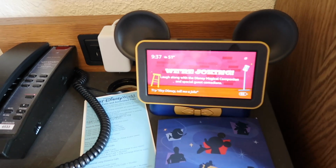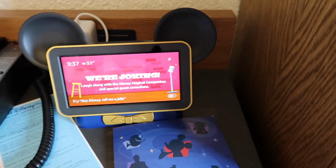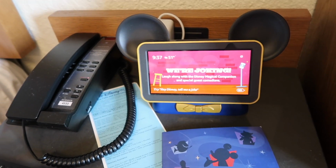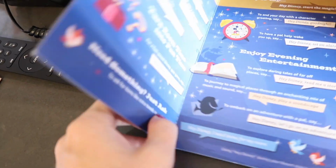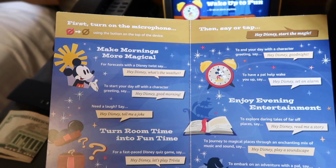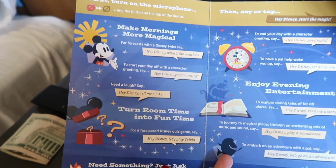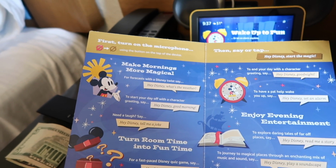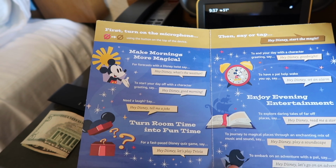One more thing I actually forgot to mention, we have a Hey Disney in our room. So this is kind of like an Alexa, but the Disney version. It kind of gives you some information about it here. So you could do like an alarm, you can ask questions, soundscape,